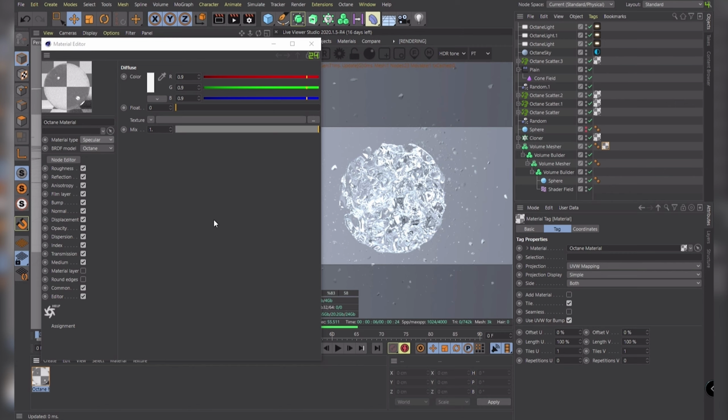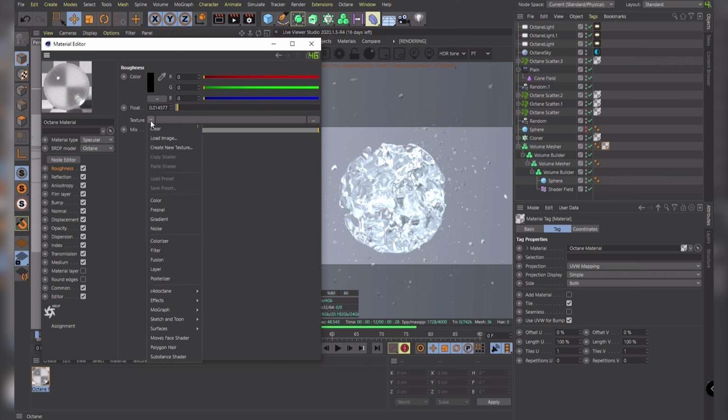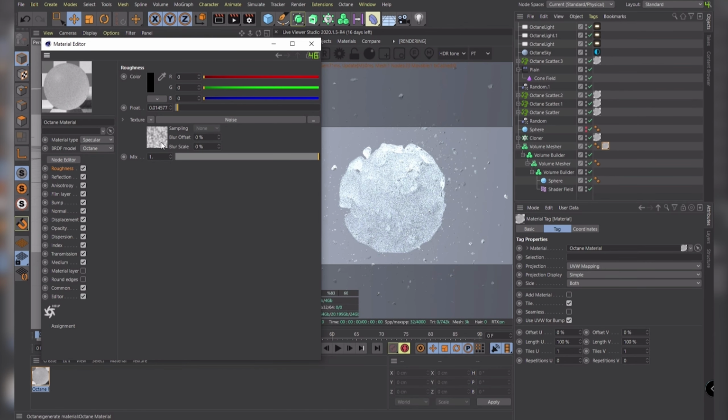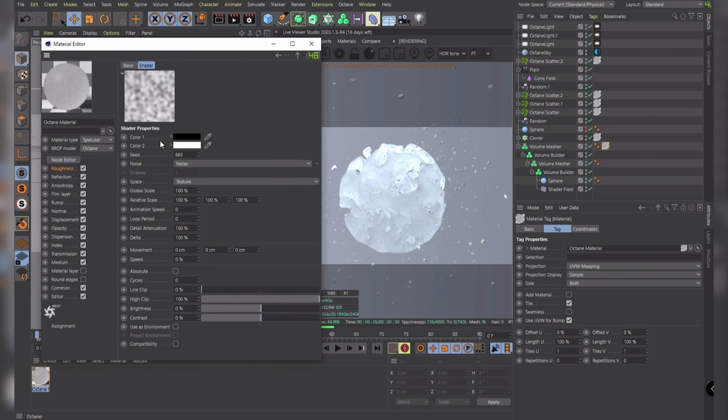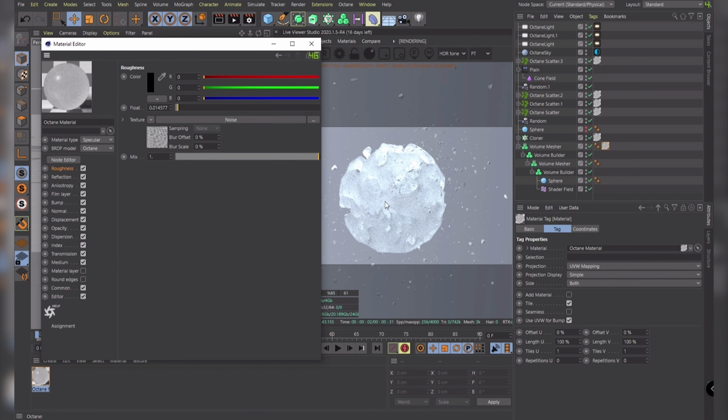Okay, so by default this doesn't look right straight away, especially with the lights, so we're going to adjust that. First of all, we need a bit of roughness, because right now it's kind of like glass or water, so let's add the tiniest bit of roughness. Okay, I'm also going to add a bit of noise on here, so it kind of breaks up the evenness of this. So just add noise, and I'm going to set this to the electric one because I think that looks nice. But it's way too big, so let's go with 25%. And you can see it totally looks different right now.